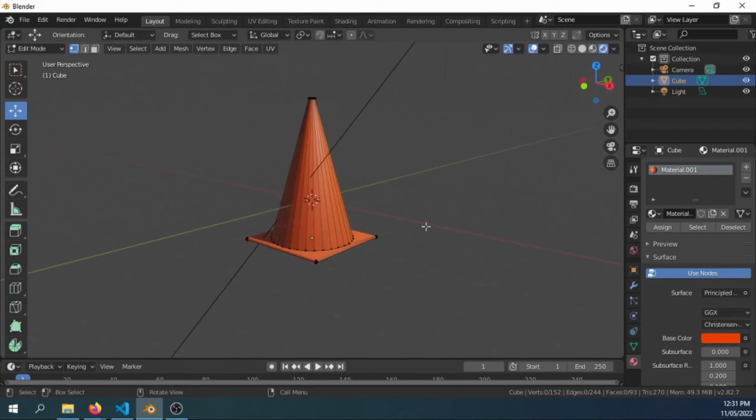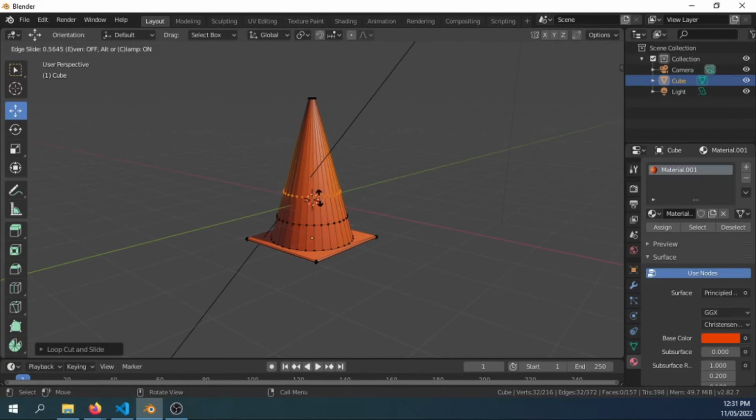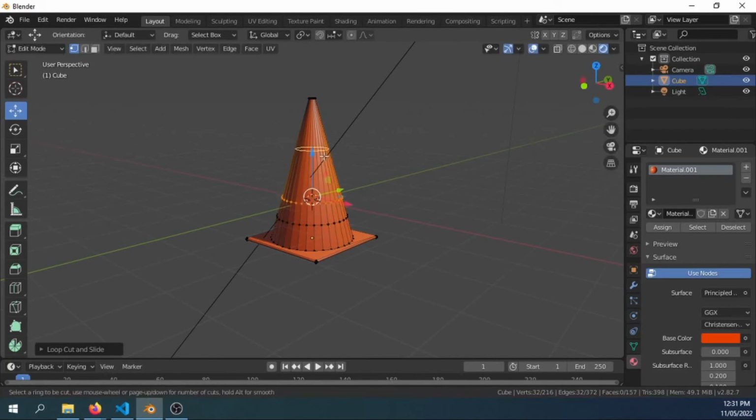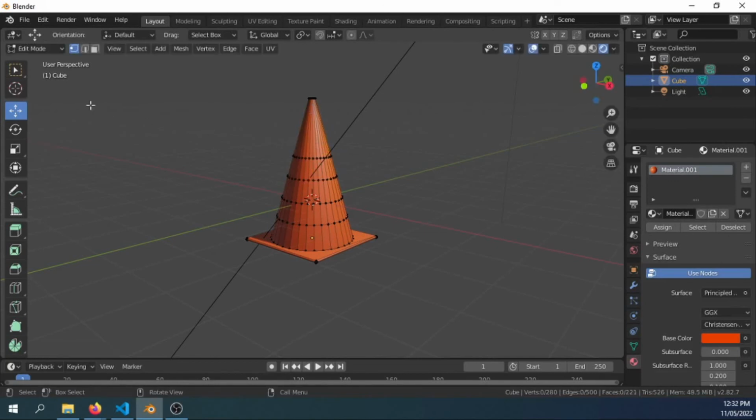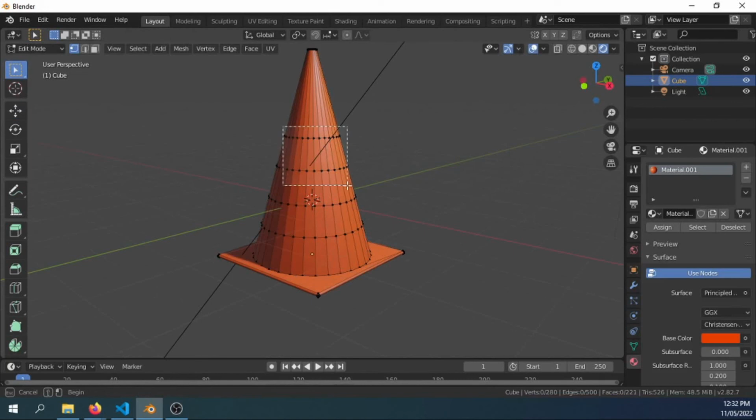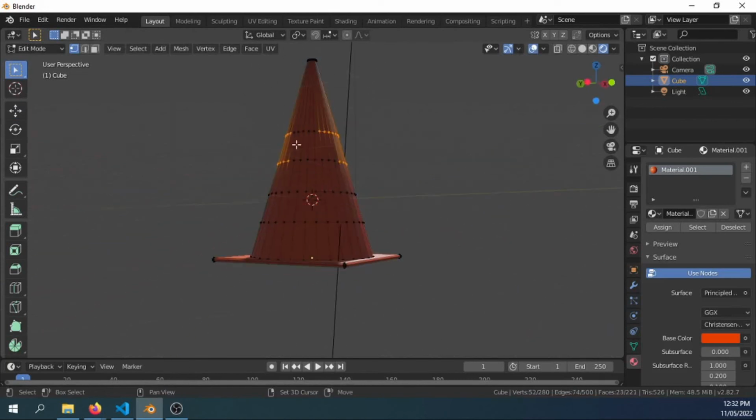Okay, now let's go add some loops here. Control R, then drag, Control R, then drag, Control R, then drag, Control R, then drag, then select the nodes for us to be able to